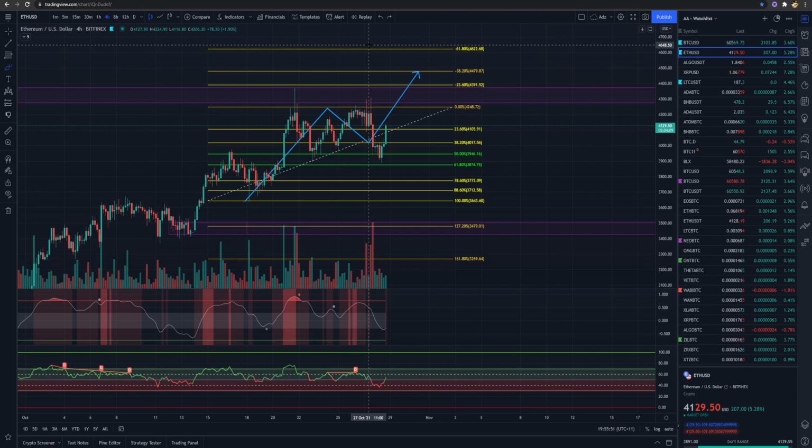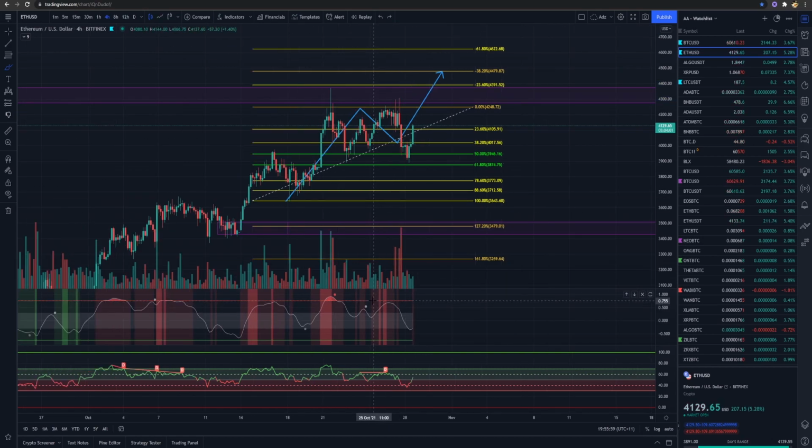So I would be very interested to see if we do start to make movements into this level of supply, because we do have the legs to do that. We are pushing back up over the 50 in terms of the RSI. We are taking an upwards trajectory on the steamroller indicator as well. And that gives us plenty of volume and plenty of steam, or plenty of legs, should we say,